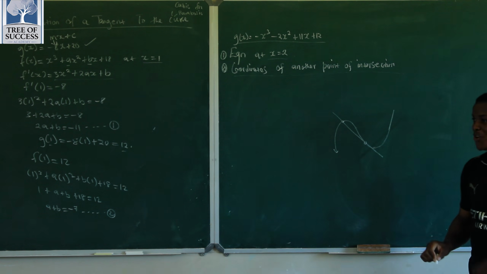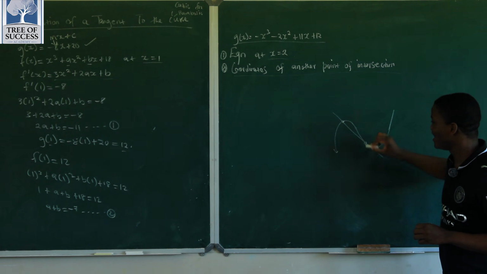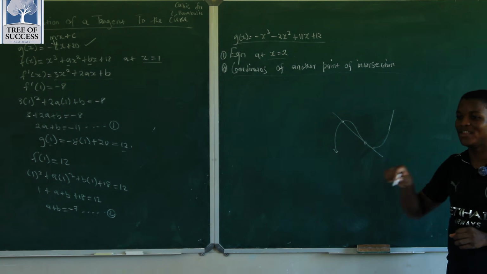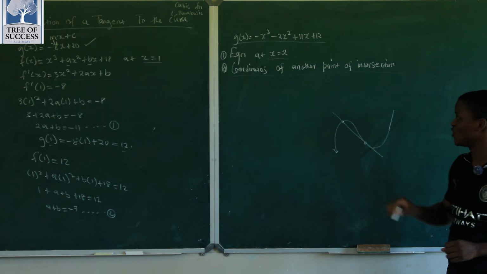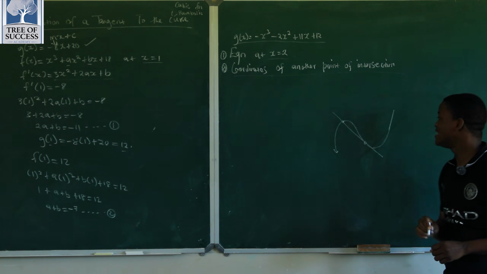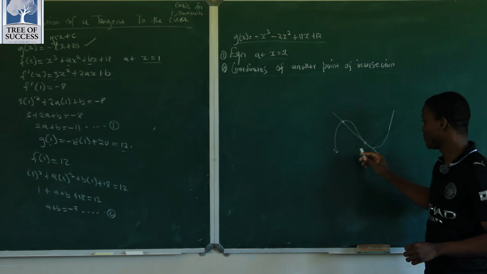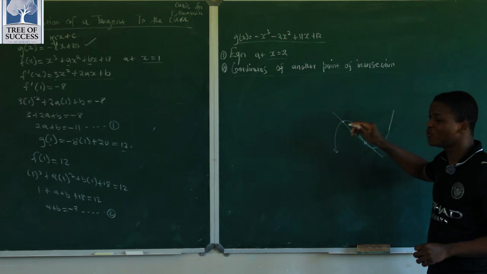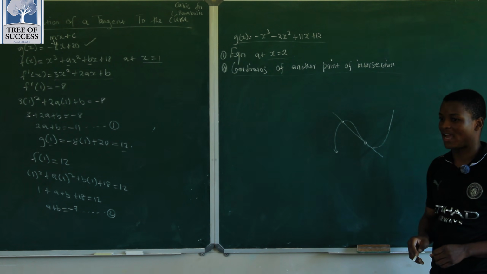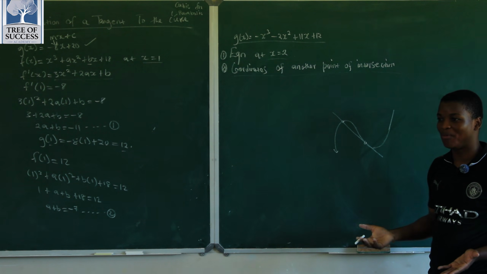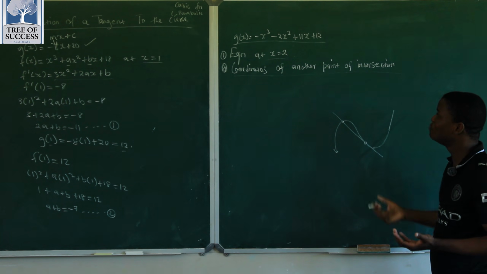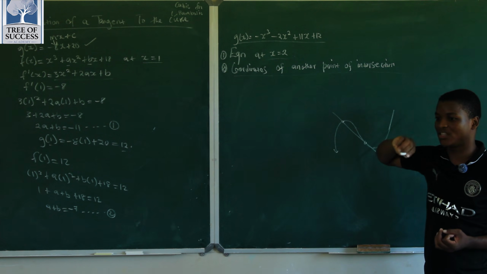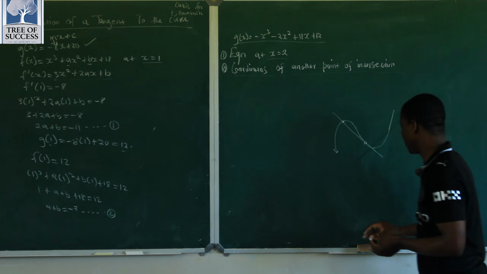So it is possible that the tangent and the curve touch here, but there is another point where they will meet again, right? So that question says we find the point of tangency here, and then we must find another point where these two will meet again, right? So now we want another point of intersection between the equation of the curve and the tangent. Understood? Okay, let us do it together.